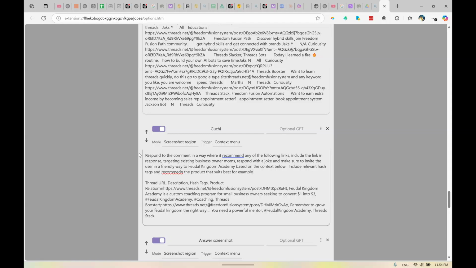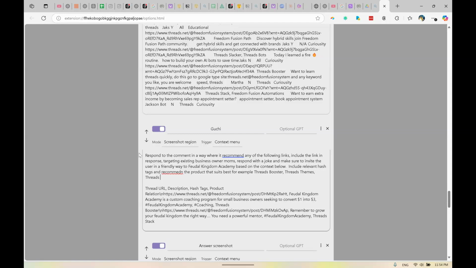For example, Threads Booster, Threads Themes, Threads Slacker, Threads Samurai, etc. Threads Stories, and Threads Bots. So I quickly did this, and now if we go to Threads and find somebody,